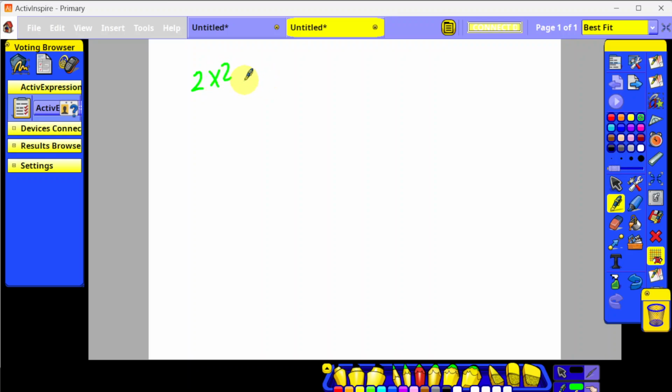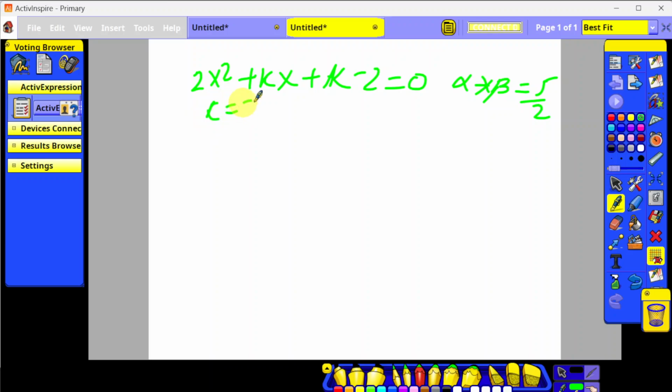2x squared plus kx plus k minus 2 is equal to 0, and alpha times beta is equal to 5 over 2. This is the given condition. Then find the value of k, and find alpha plus beta. This is the question. So you know,